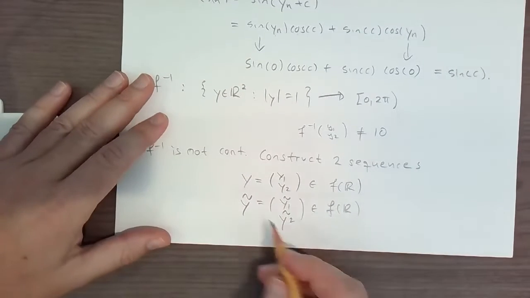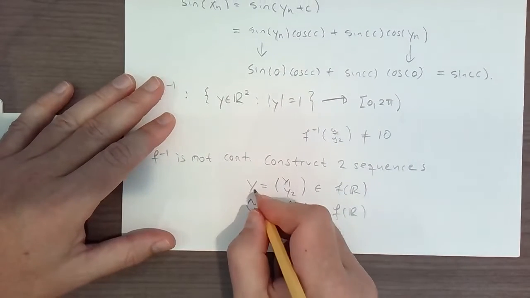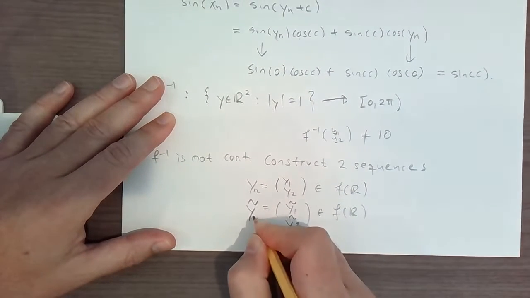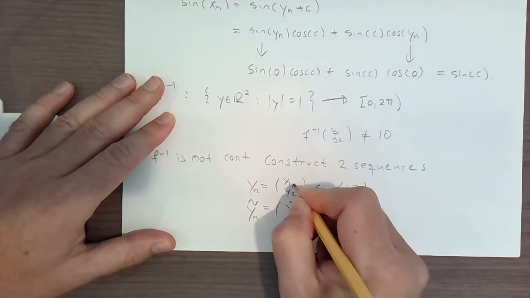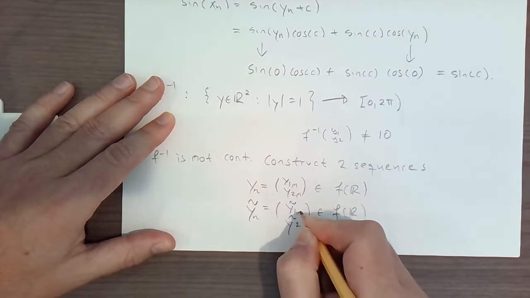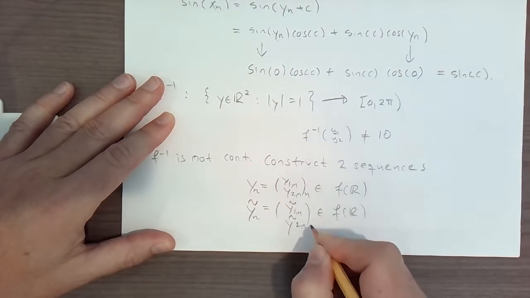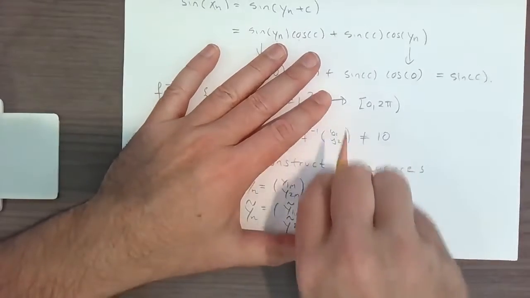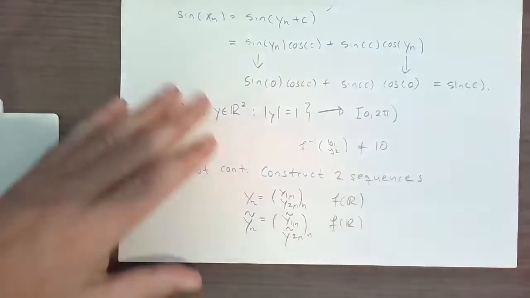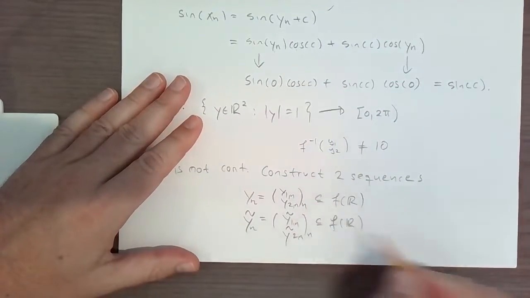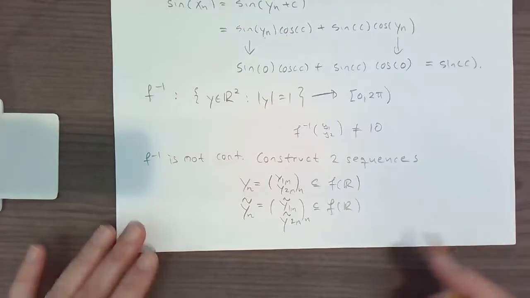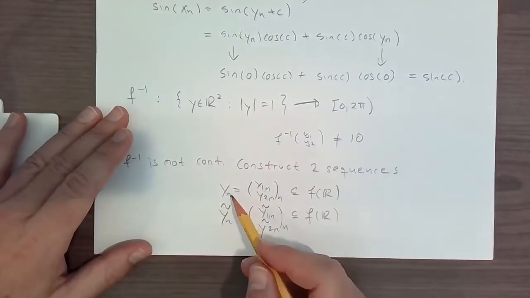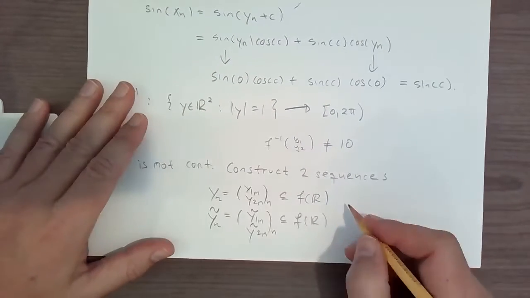I need to put indices somewhere, so I'll call these y_n and y tilde_n, with components 1n, 2n, n down here. And now it becomes a subset. So construct two sequences, y and y tilde, such that